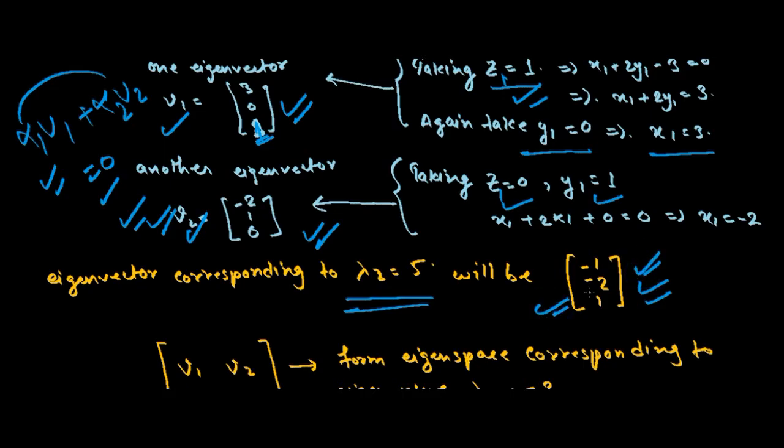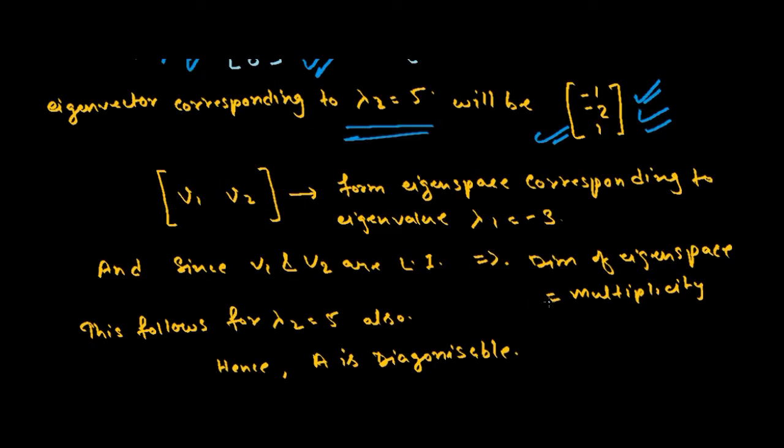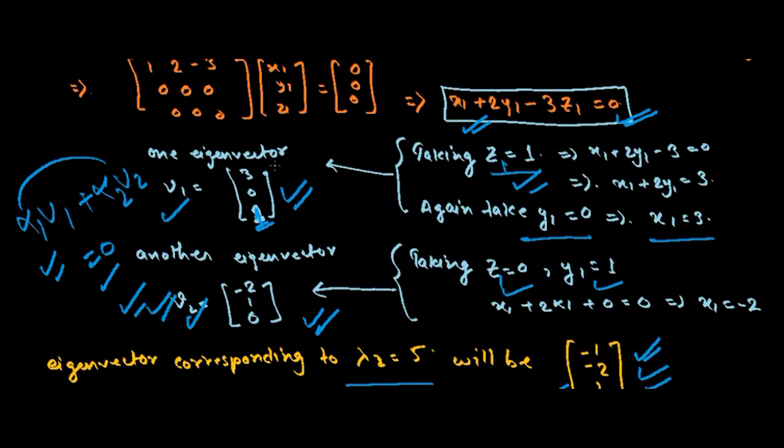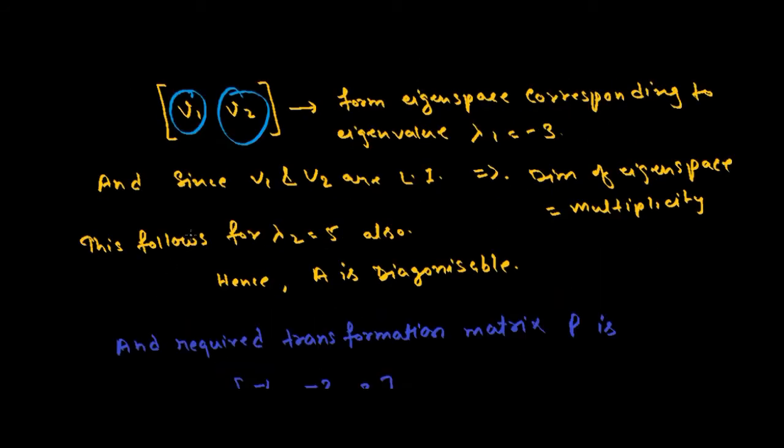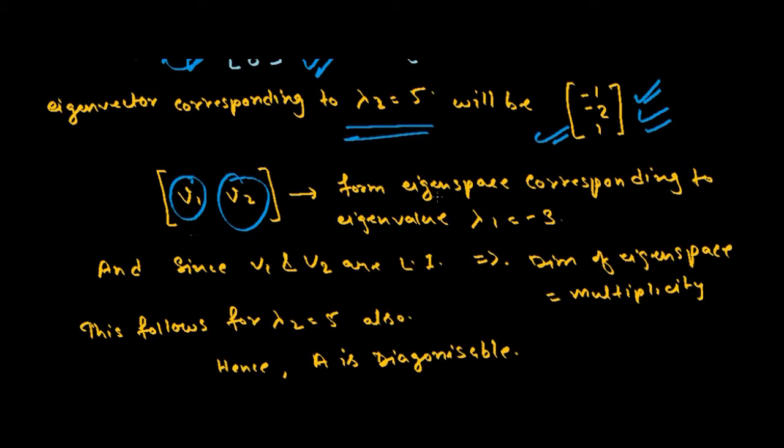Okay, and now we can see that v1 and v2 we found corresponding to lambda 1 equals -3 form the eigenspace. And because these 2 vectors are linearly independent, they will form the basis of this eigenspace,